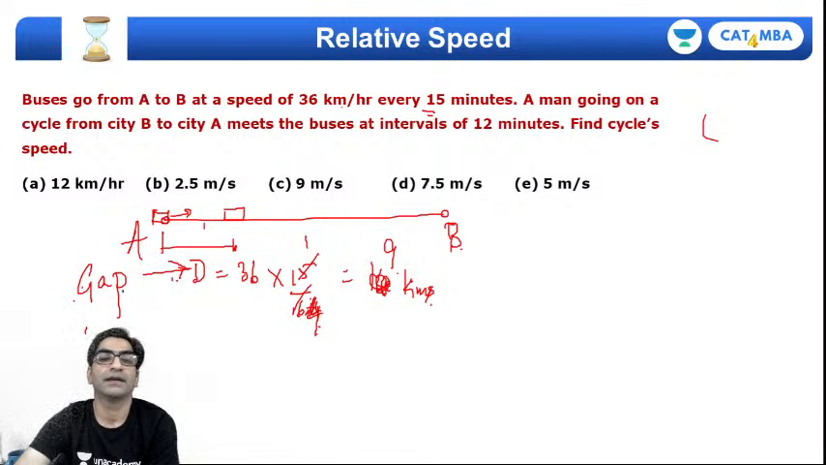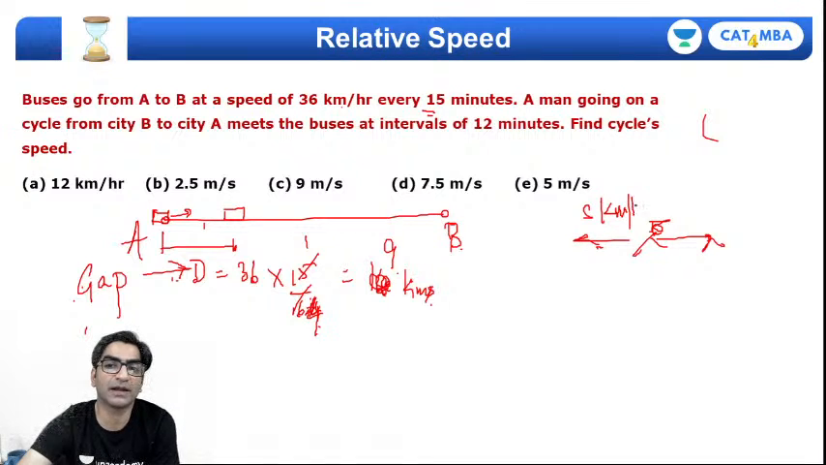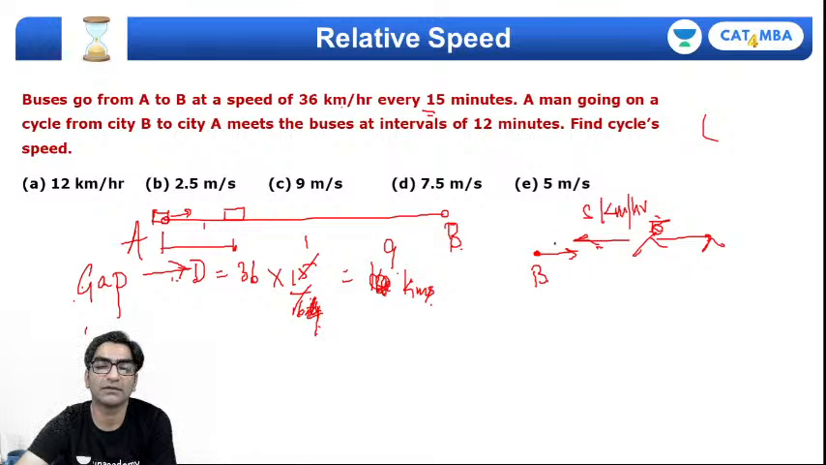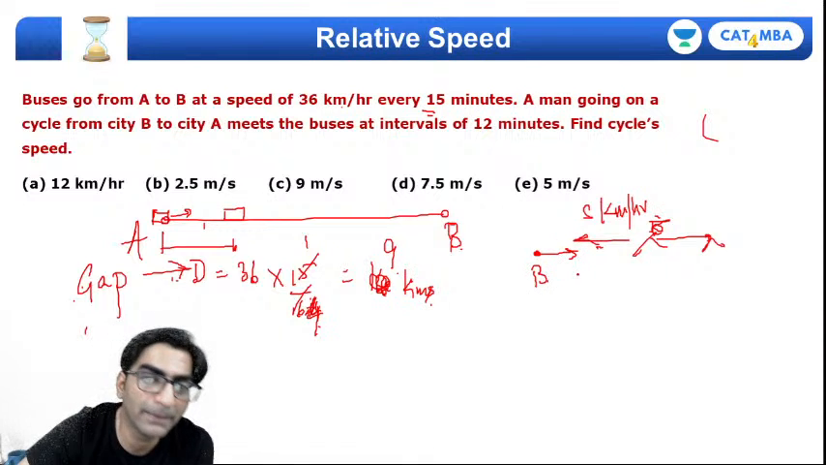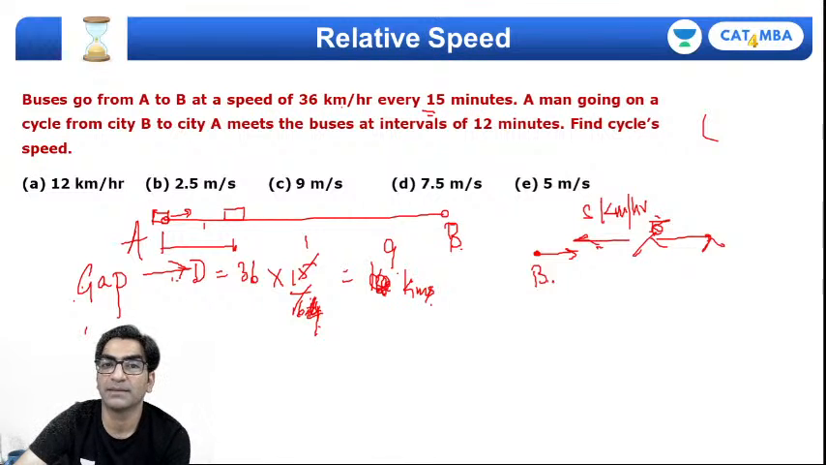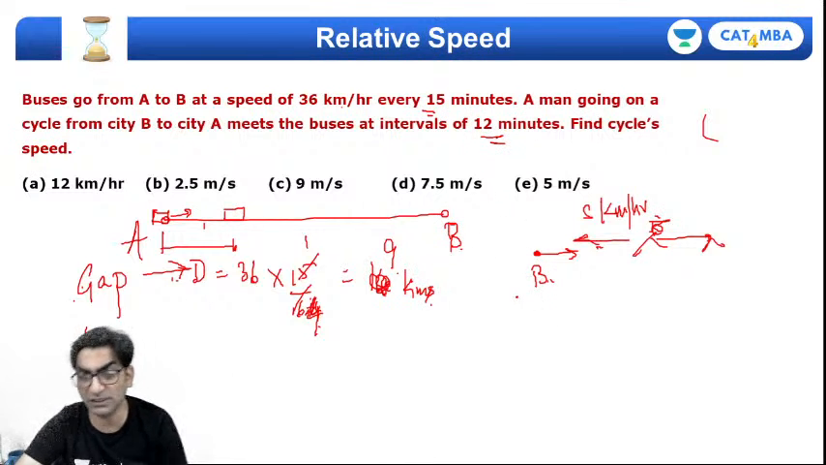Right? Okay, now let's talk about the cycle. There is a cyclist who's coming in the opposite direction. Right? This is the cyclist. Let's say cyclist speed is s kilometers per hour. And this cyclist meets the buses at intervals of 12 minutes, which means once he meets the first bus,